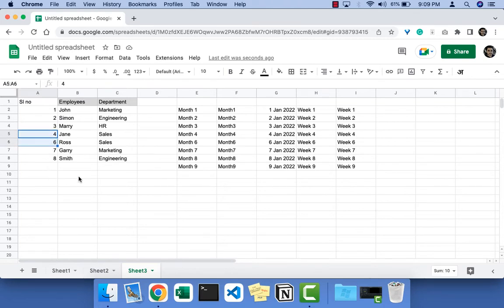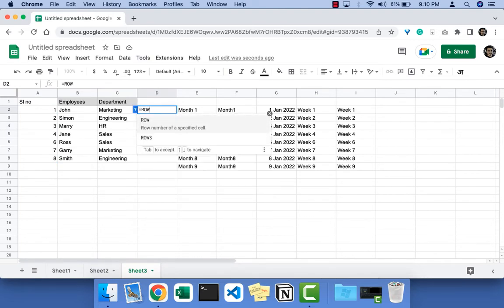So how do we solve this thing? If any row or column is updated, then how do the autofill numbers get automatically updated? If a row is deleted, in that case, how do we automatically update the filling of the numbers? Let's see this. There is another way to fill the numbers, and there's a formula